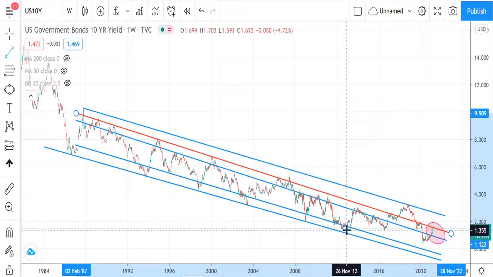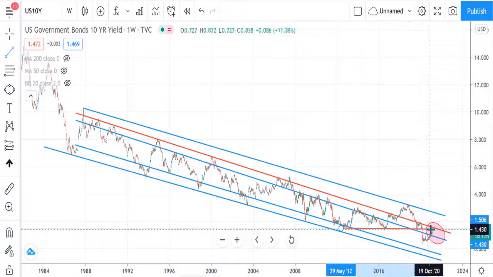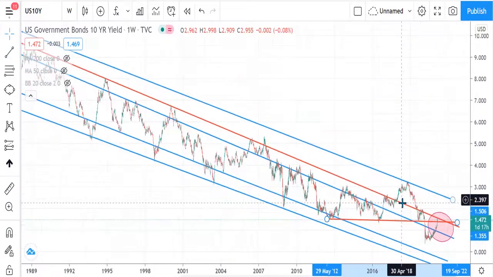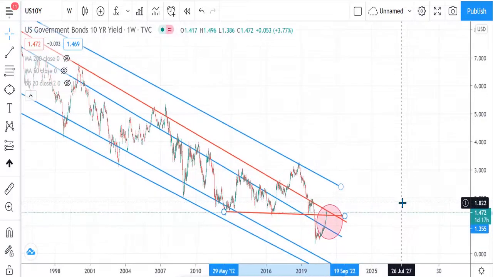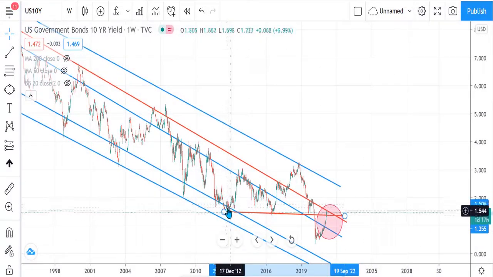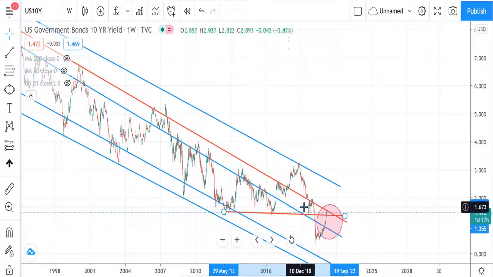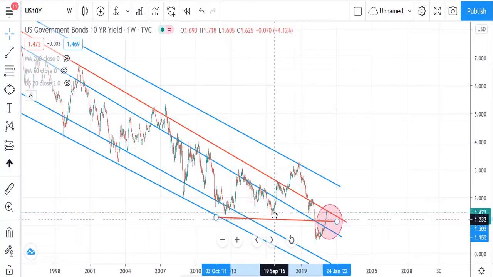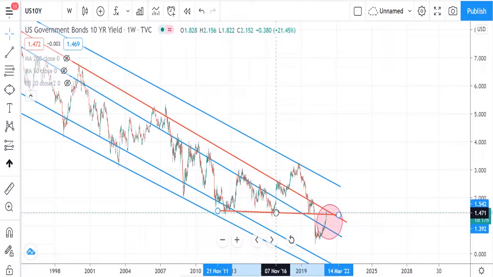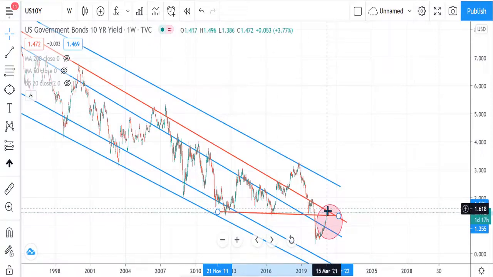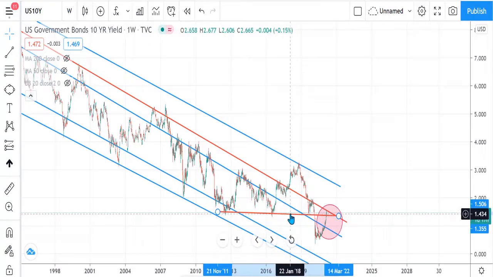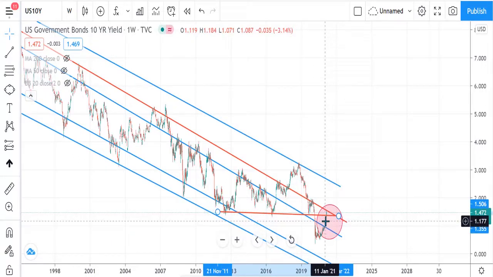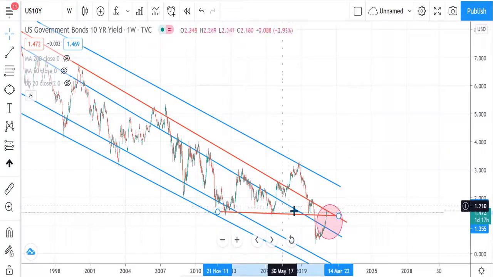So if we try to connect all the horizontally, so that also, let me zoom it inside. Okay, now if I zoom, you can see that on the downside it is also connecting this lower, that lower, and that lower. So we have three connections here. Okay, so on the downside, this particular line is also creating some sort of resistance. We can see the yield curve somehow managed to pass up through these 3 points of resistance.